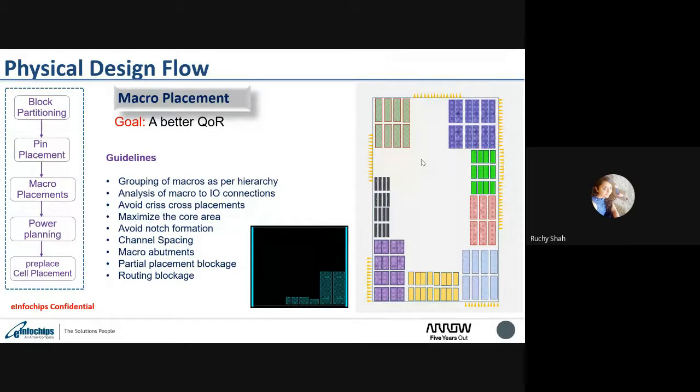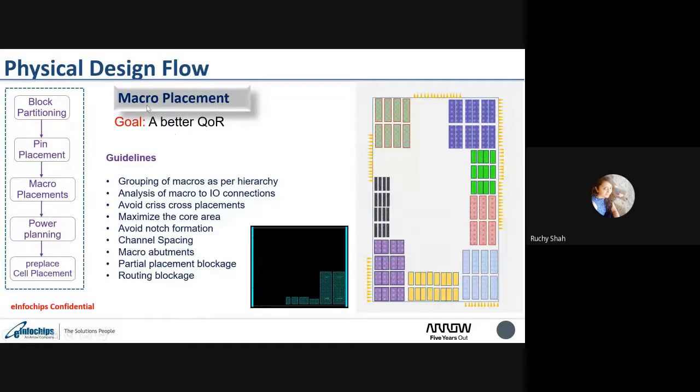What is inside that macro, we don't know. For us, it is a black box. We just know how many pins are there and what the location of the pins is. Being a PD engineer, we know that much information only. And we'll place those. What the functionality is, what is inside that, we don't know. We just use that macro as a black box, and we cannot change anything inside it.